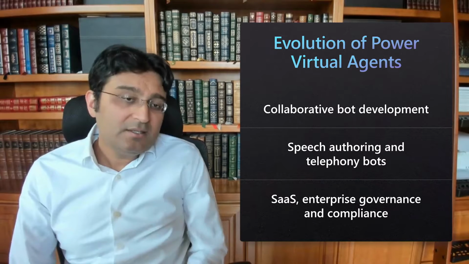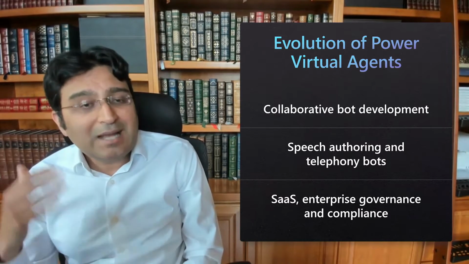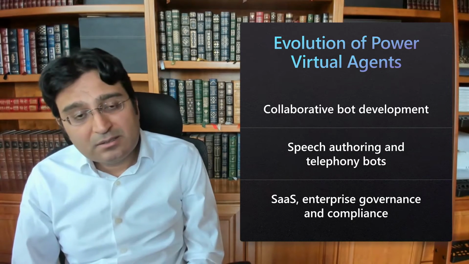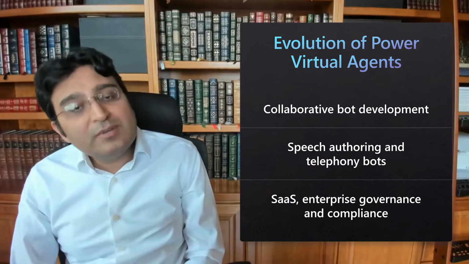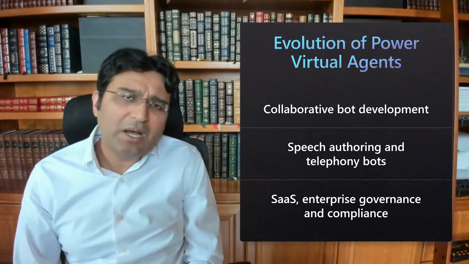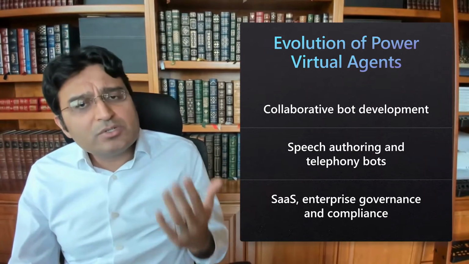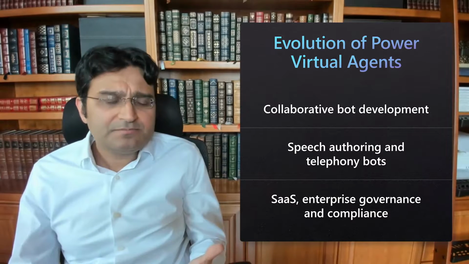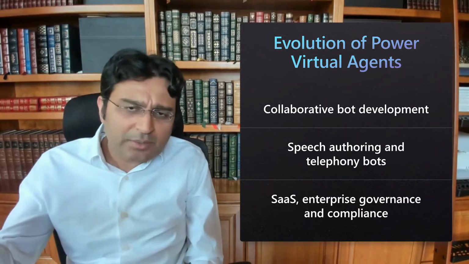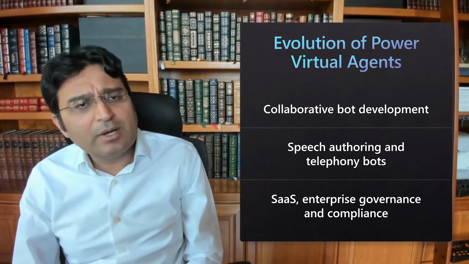Secondly, we're adding the ability to publish bots directly to a telephone number, and allowing builders to use them as conversational IVRs in their contact centers. And finally, we're continuing to invest in enhanced enterprise security and governance, which is already a key strength of the Power Platform. And all of this, of course, continues to be available through a geo-distributed multi-tenant SaaS. Just sign up, collaborate together to build a bot, publish it to a telephone number or channel, and go. There's no infrastructure to manage or hosting to figure out.